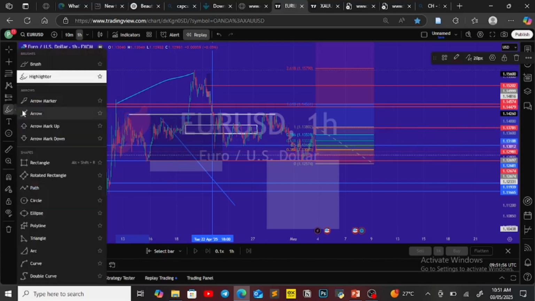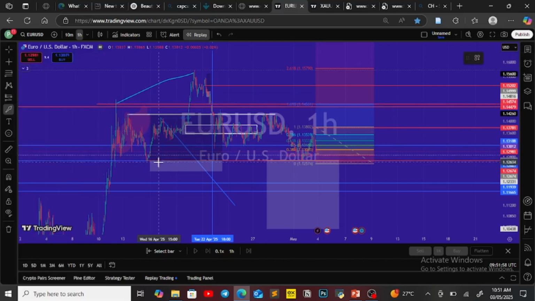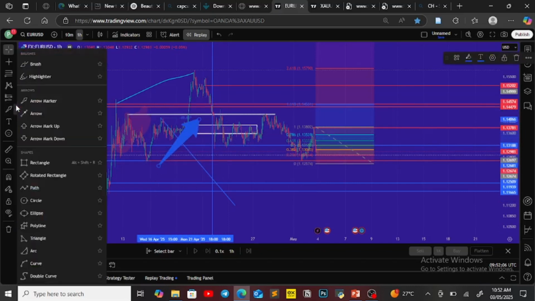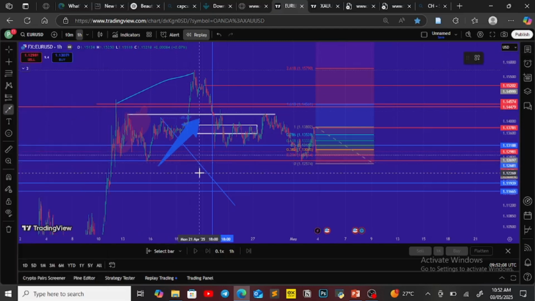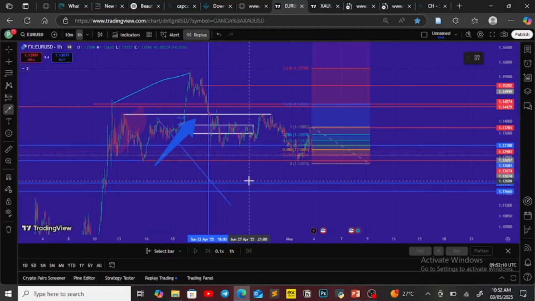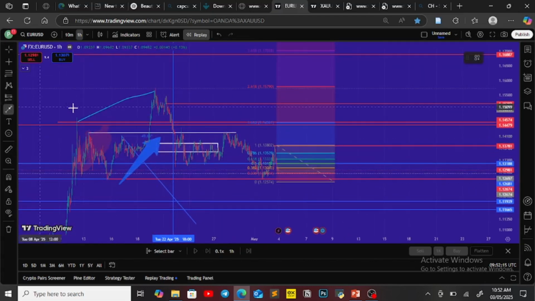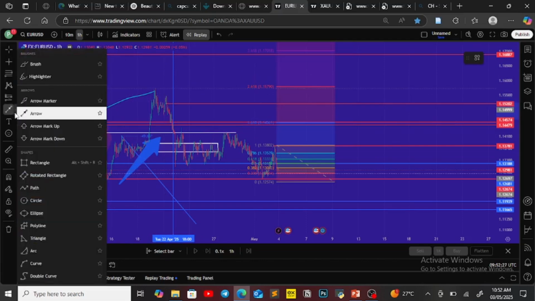So the next one, we have the arrow marker. This is like a normal arrow. Probably you are trying to show direction, that okay, this market is going to go this and that, something like that. So we have the normal arrow. Oops, the network is somehow bad. I don't know why it's not working. Probably the network. So we have the normal arrow, we have the arrow mark up, we have the arrow mark down,